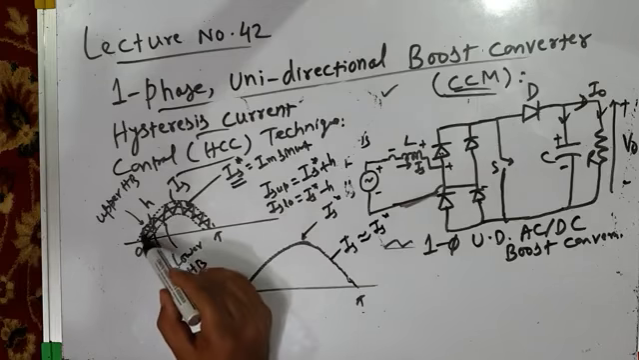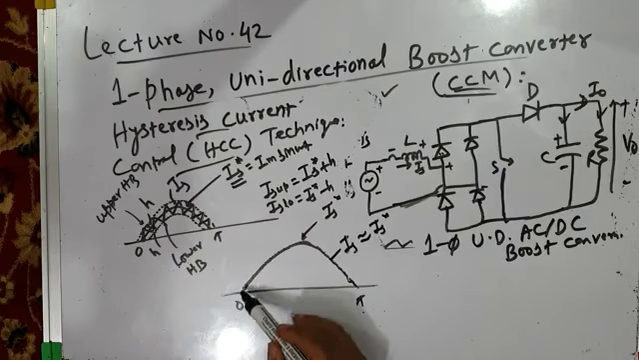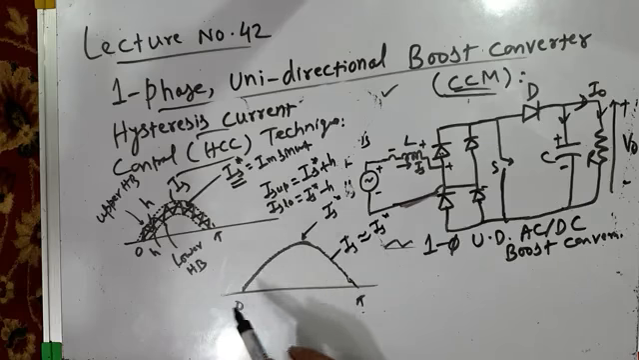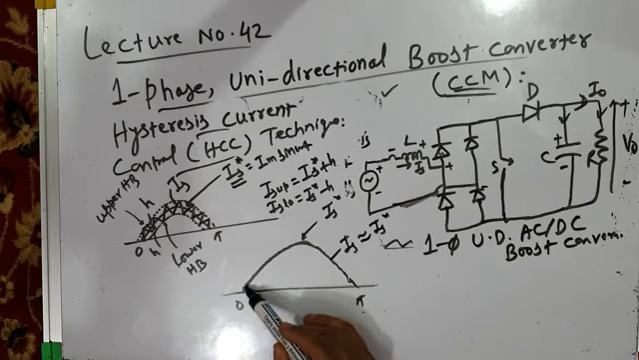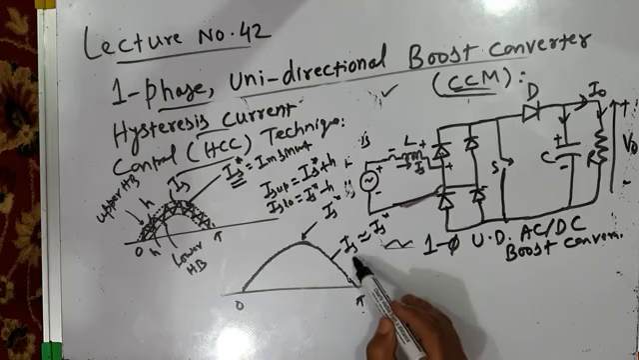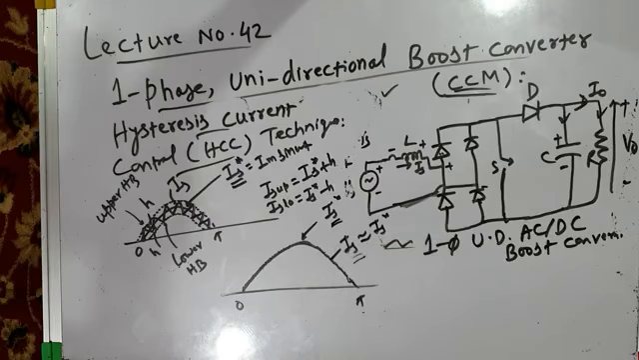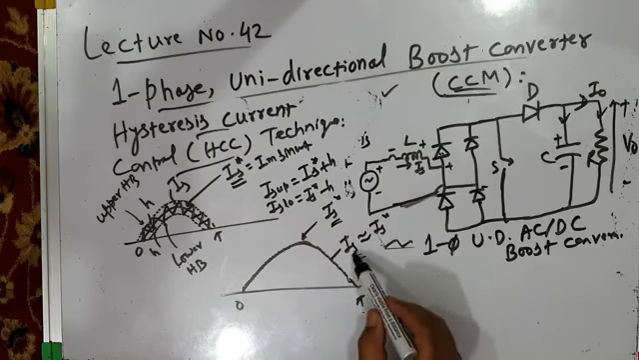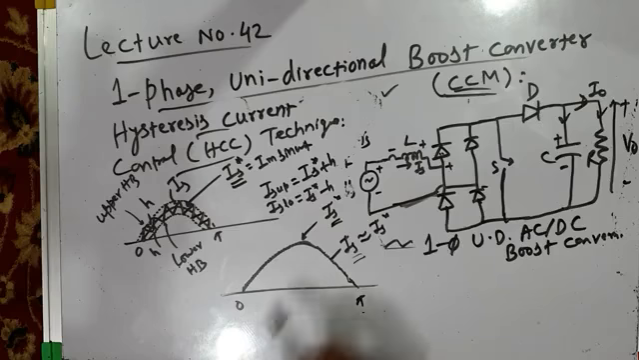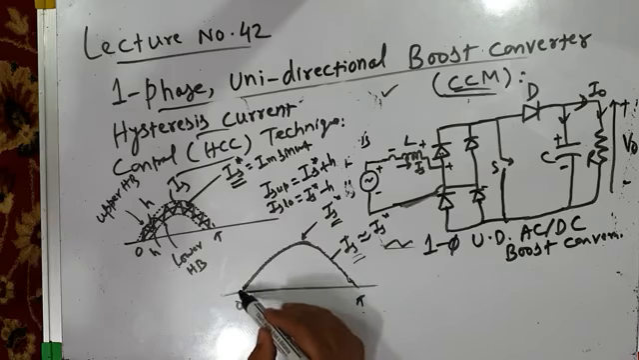We don't have a very large hysteresis band. The hysteresis band is very, very narrow. It is so narrow that you may not be able to differentiate between actual source current and reference source current. No doubt there will still be ripples, but these ripples will be very, very small. So your actual current will be very closely following the reference current, and since your reference current is sinusoidal